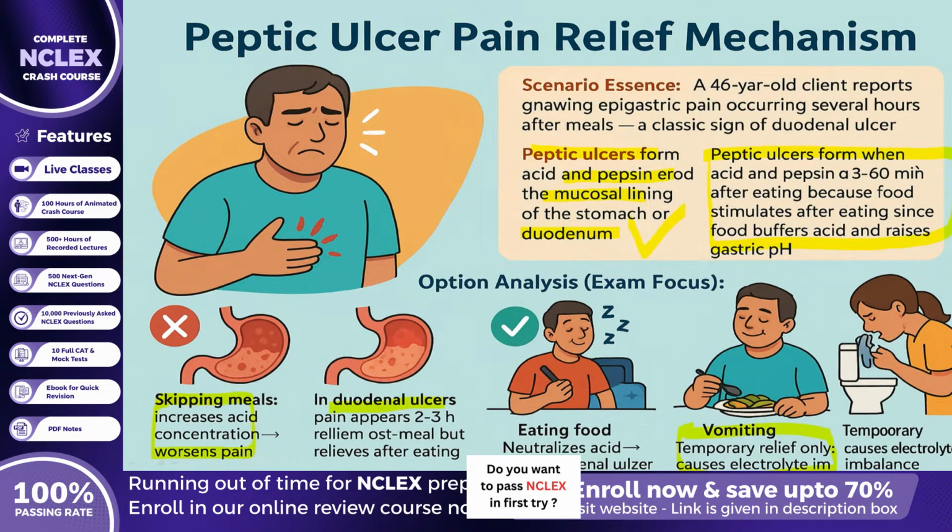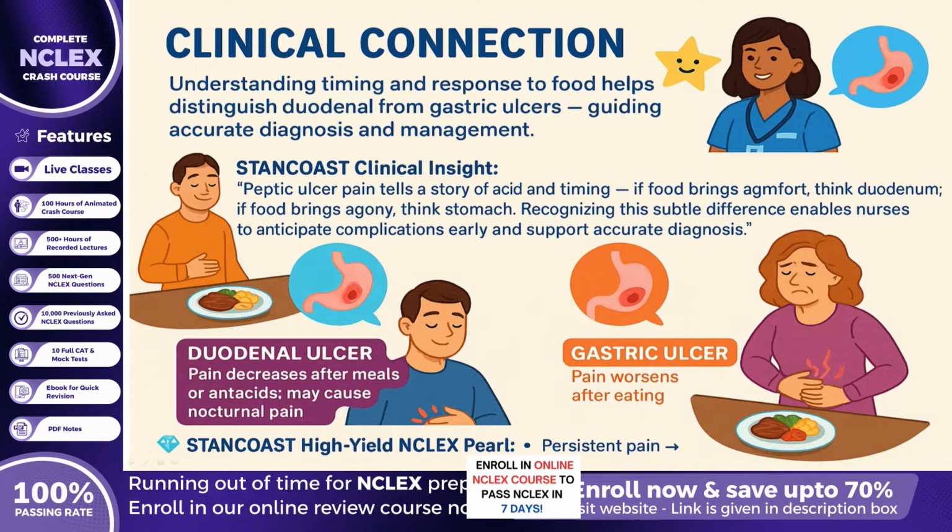Transitioning to the Stancoast clinical insight, remember this golden observation. Peptic ulcer pain tells a story of acid and timing. If food brings comfort, think duodenum. If food brings agony, think stomach. Recognizing this subtle difference enables nurses to anticipate complications early and support accurate diagnosis. And now, leading into our Stancoast high-yield NCLEX Pearl,